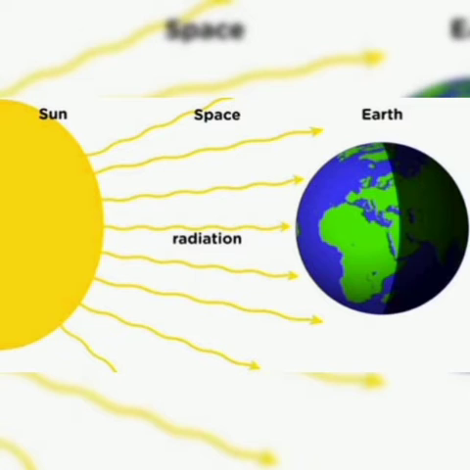So, radiation is a process of heat transfer from a hot body to a cold body in the form of waves. There is no direct contact between the heat source and the heated object. For example, we feel heat from the sun even though we are not in contact with it. The radiation of the sun reaches the earth in the form of waves which travel with the speed of light.